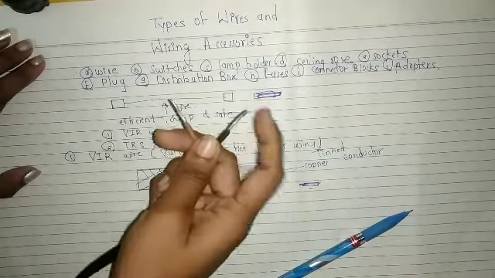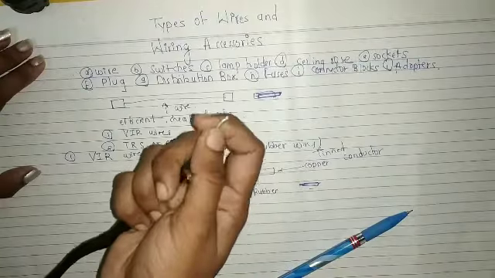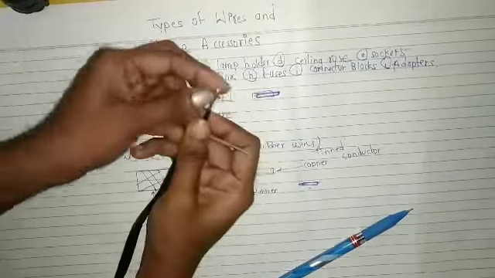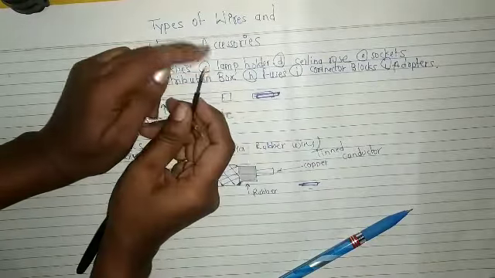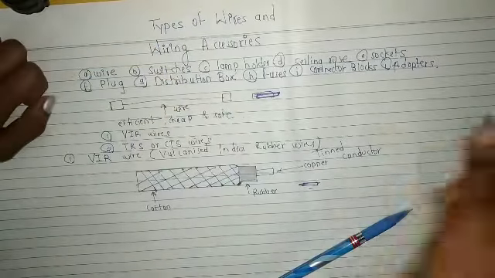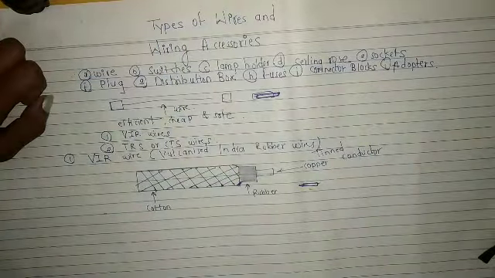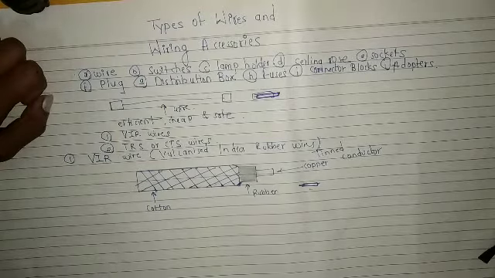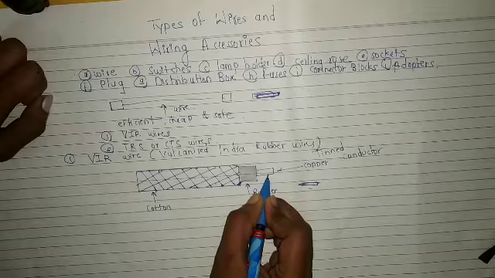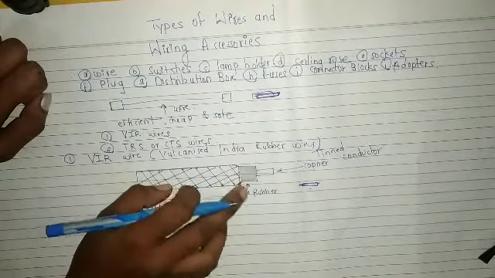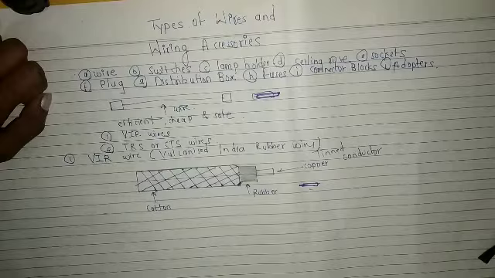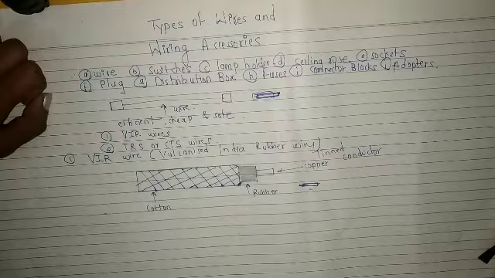So consider this is our conductor. It is coated with tin to protect it from corrosion, so that our conductor will not get corroded. Okay, so it consists of a tinned copper or aluminium conductor covered with a layer of rubber insulation. So this is our copper conductor, or it may be an aluminium conductor. This conductor is covered with rubber. You can see here, this is the second layer that is covered with rubber insulation. Over this layer, cotton is provided.